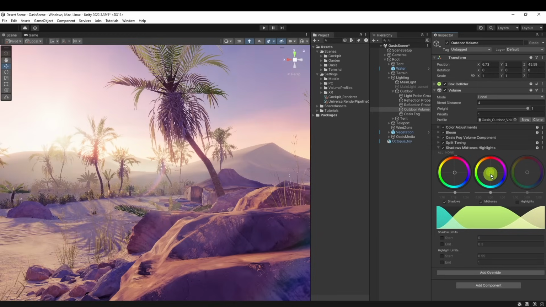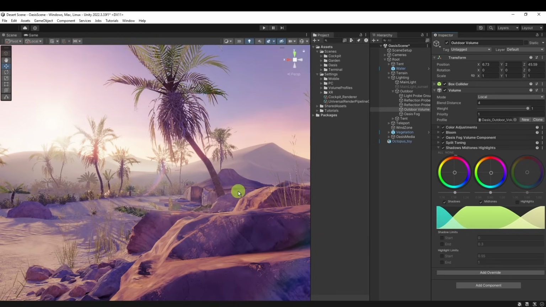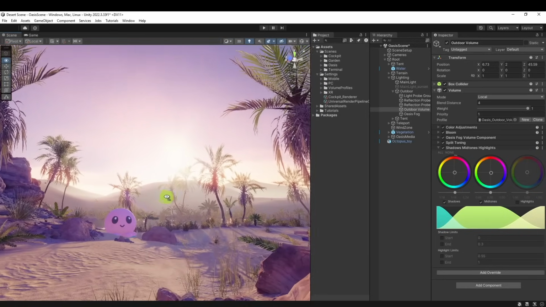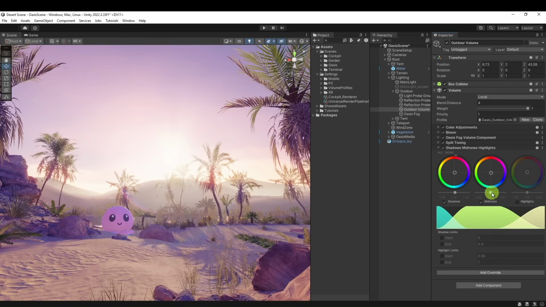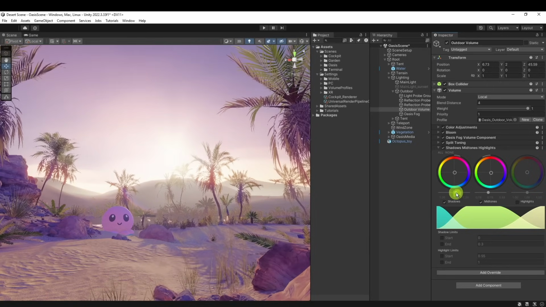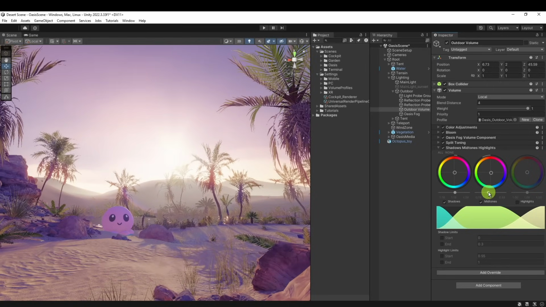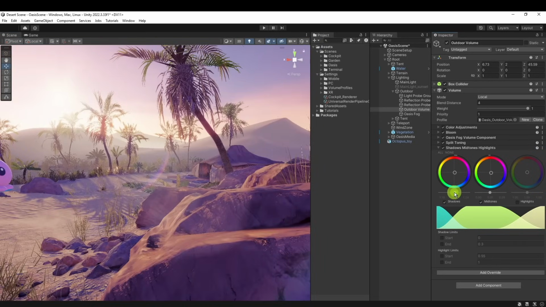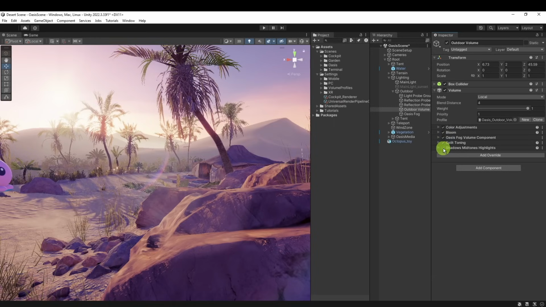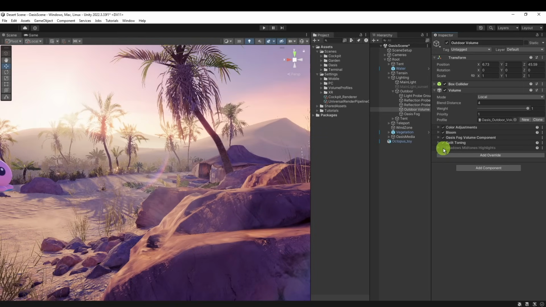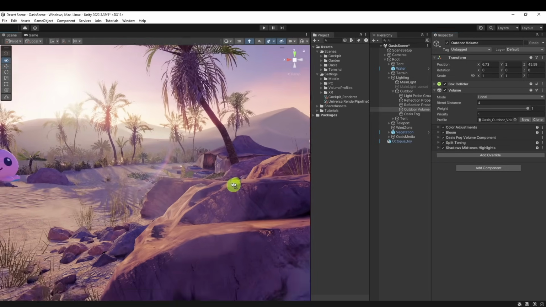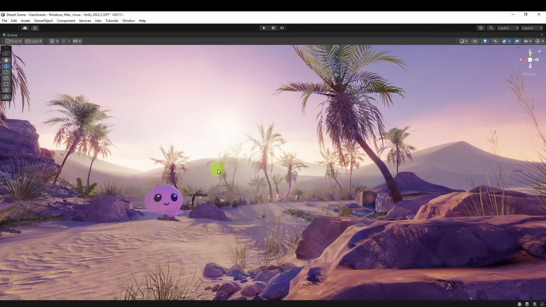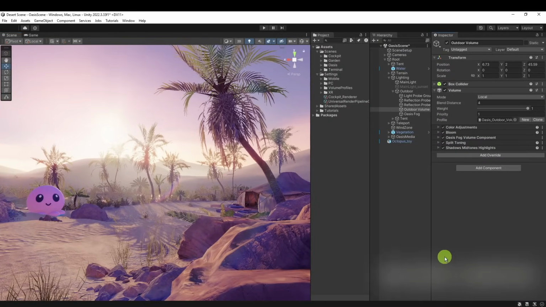Here, put it as well to the blue area, and shift it here a little bit. This is a matter of playing, so to say. And by turning on and off, we can see the contribution that this adjustment gave to the overall feeling. Like this. The next adjustment will be